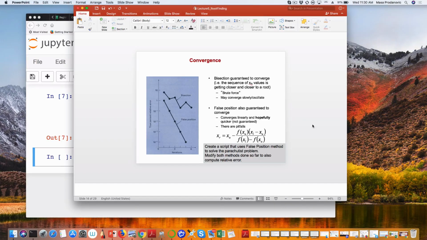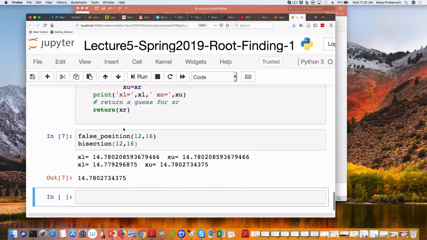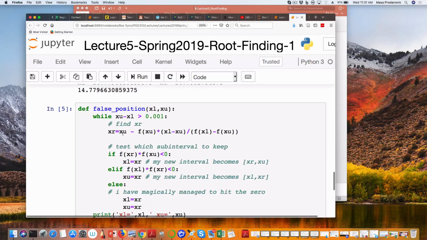So now, for those of you who are done, how would you figure out which one is better, bisection or false position? What would mean better? You count the number of iterations. Yes, so do that. So in both functions, add a little counter of how many iterations it took. And again, it might not turn out that for this particular problem, false position is better, but